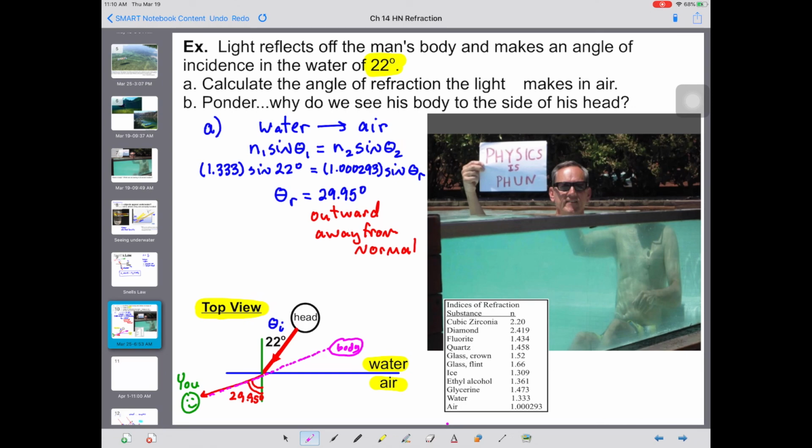Now, the rest of what you're doing today is going through an investigation to understand this refraction a little bit more, and that's part of a simulation online, and then also a Google form that will kind of guide you through. And then there are problems that are also in the assignment that are linked